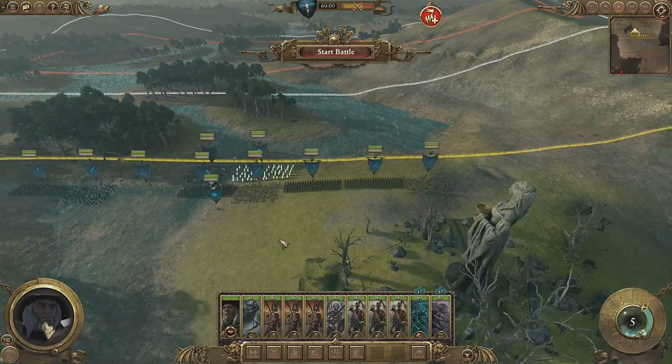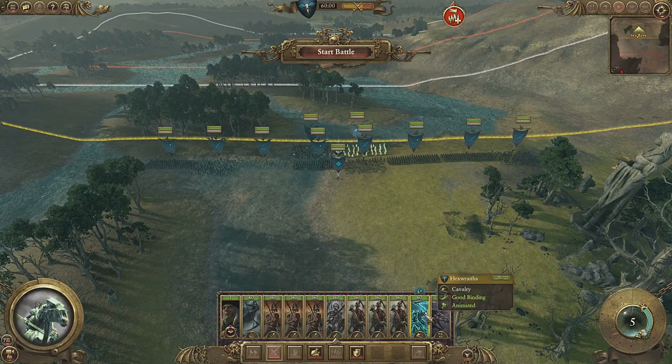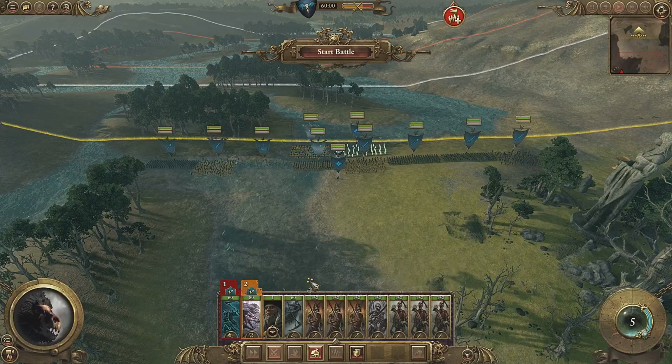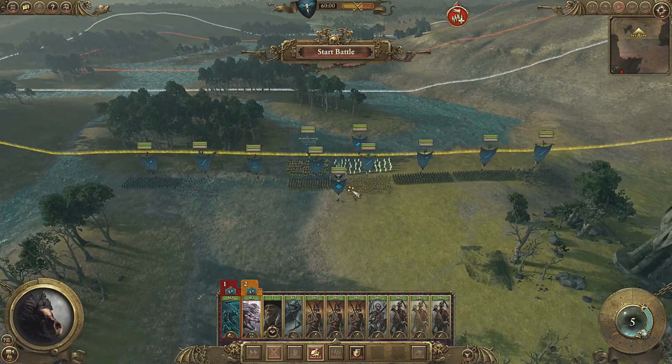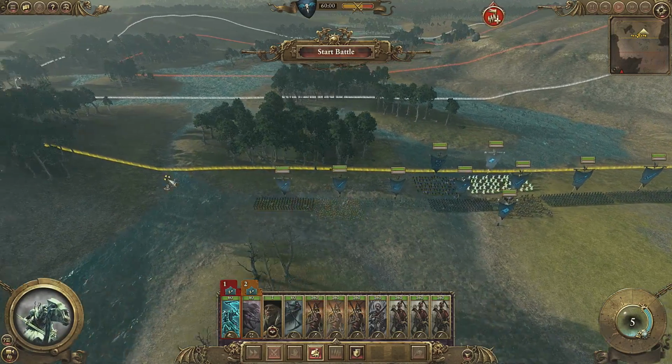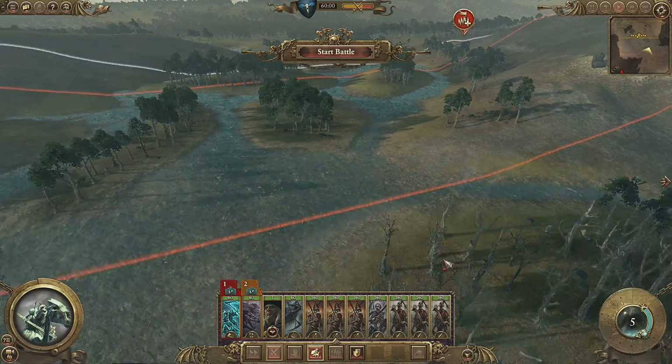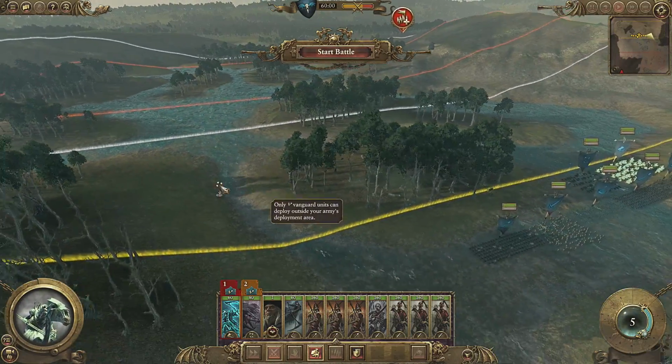We're going to want to move forward pretty quickly. So we're going to grab those Can-Rakes, pop them in 1, pop these guys in 2, and we're going to go 1. They have advanced stalk, do they? Amazing. Okay, these guys...